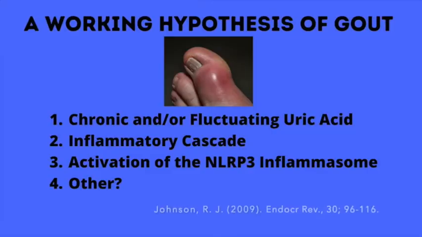I put my gout into remission, and you can too, and we are starting right now. First, why do we get gout? This would be the gout hypothesis, and we need three things. We need circulating uric acid, we need the inflammatory cascade, and we need the initiation of the NLRP3 inflammasome. This is a hypothesis that I recently explained in a video that is linked above.